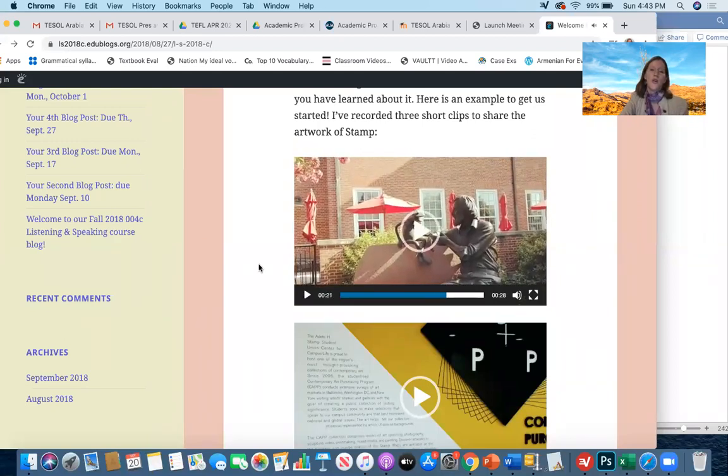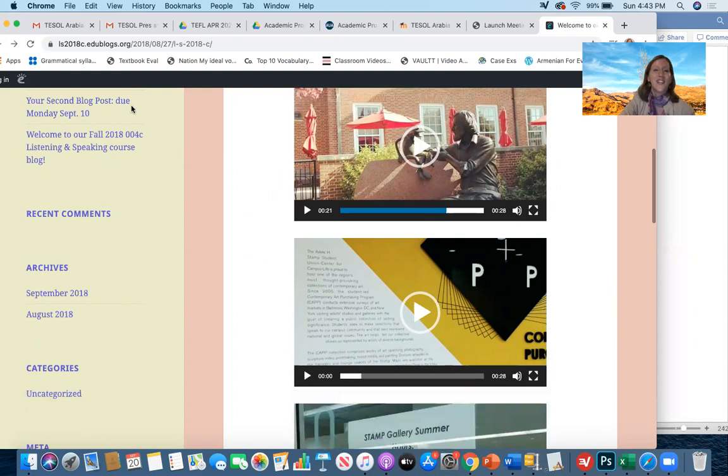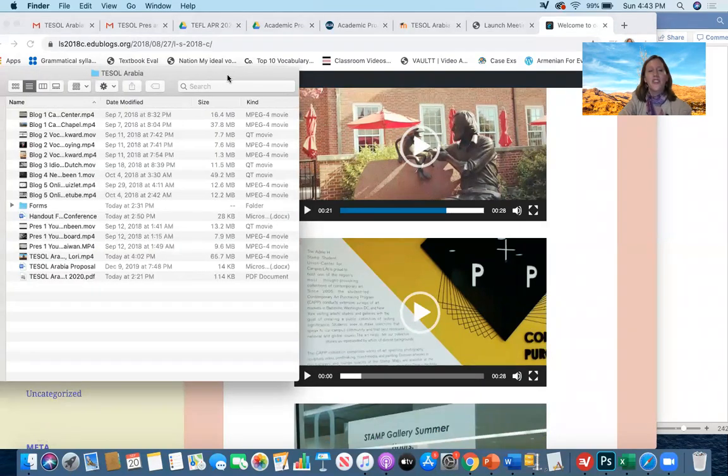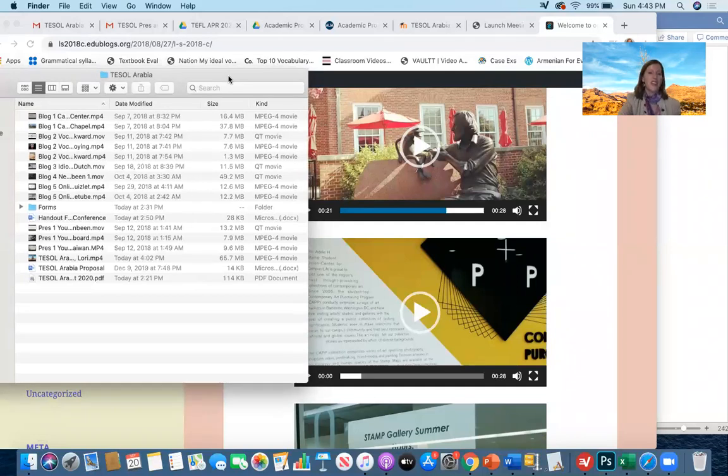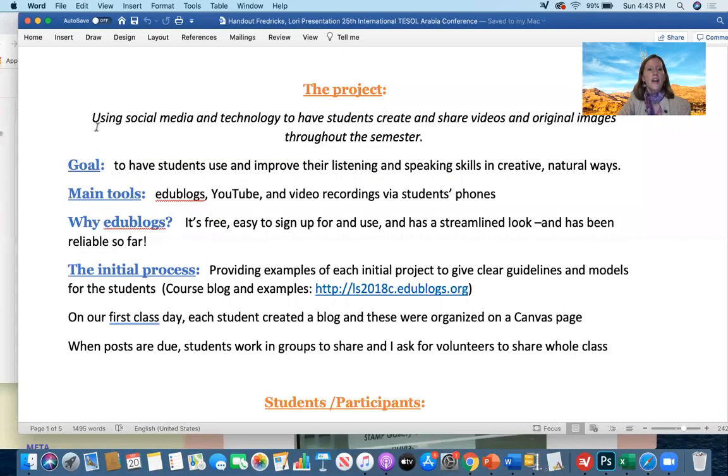So you can see noise is sometimes an issue, so we would also try to work out these little technical things together during the semester. And often their videos were more sophisticated than mine, which is kind of intentional with my modeling because I didn't want them to feel pressured. All right, so